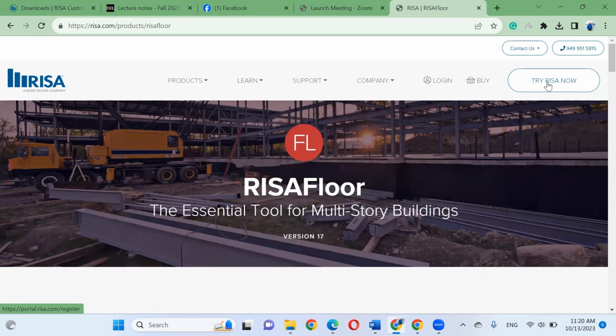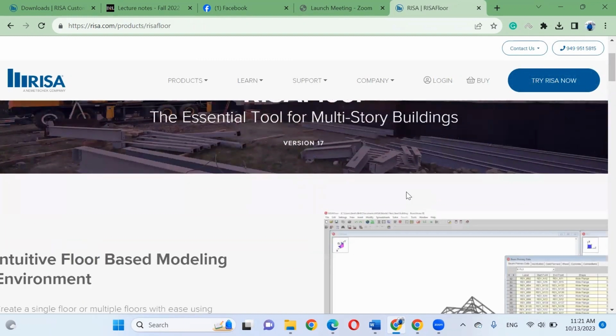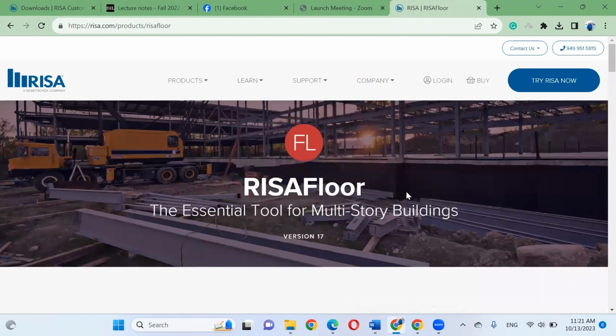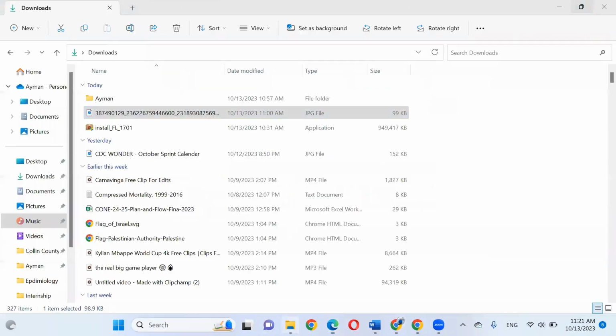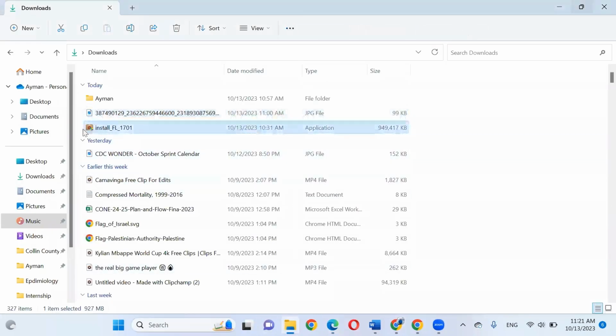I think it will ask you to create an account. You can use your university email to create your account, download the software, and start to set it up. It's very easy. Once you download the program, you will have an icon like this, install FL, RisaFloor. Double click, you can start your setup.